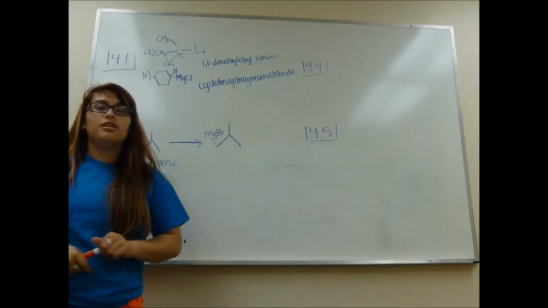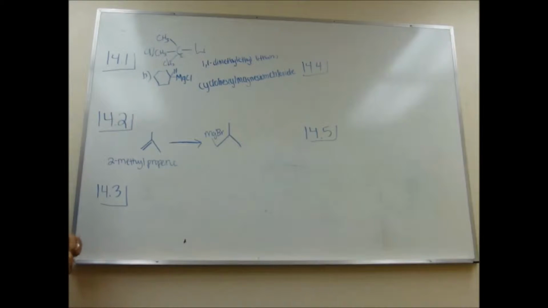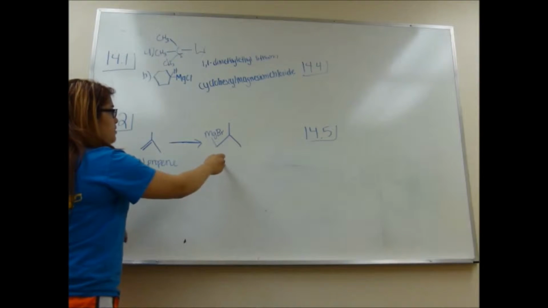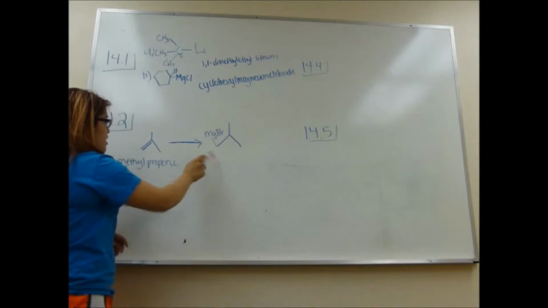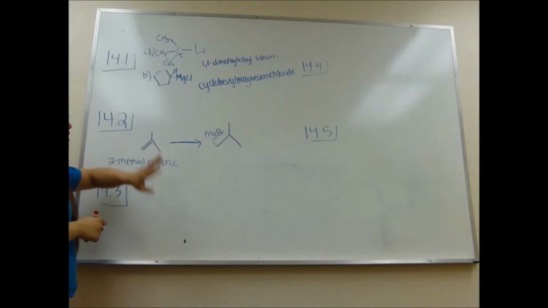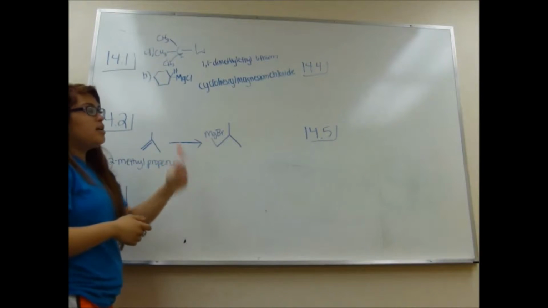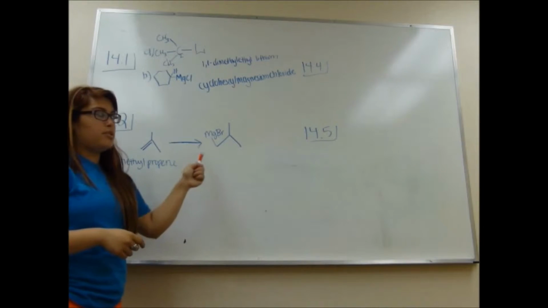And that's 14.1. So this is 14.2. This question is asking for a synthesis from 2-methylpropene, which I've drawn right here, and your result is going to be this right here. The way to do this is that you want to break this double bond to get a bromine first, and then you use that with peroxides, and then you add magnesium with ethyl ether to put the magnesium onto the